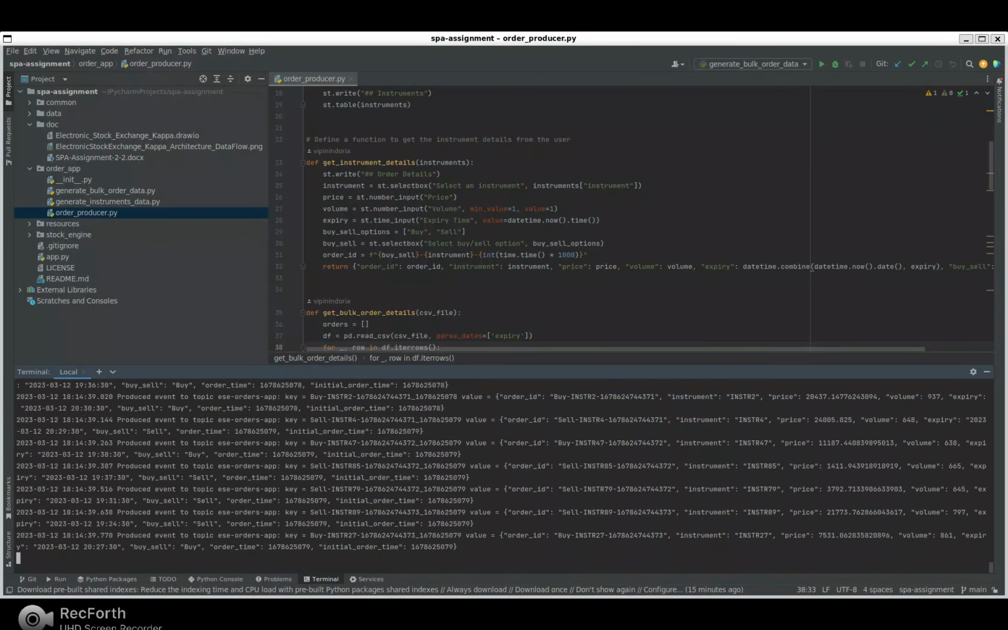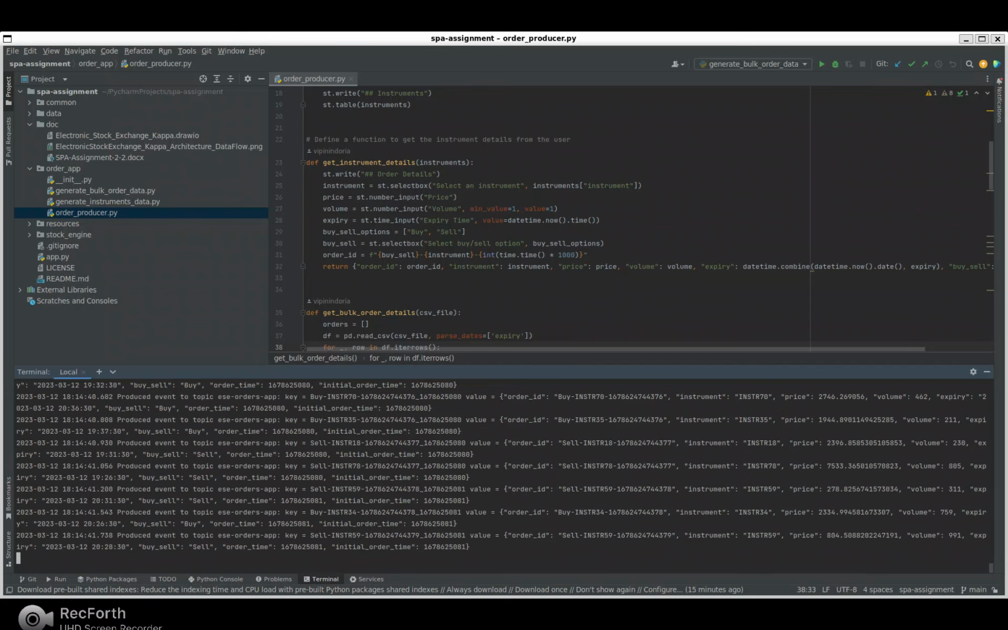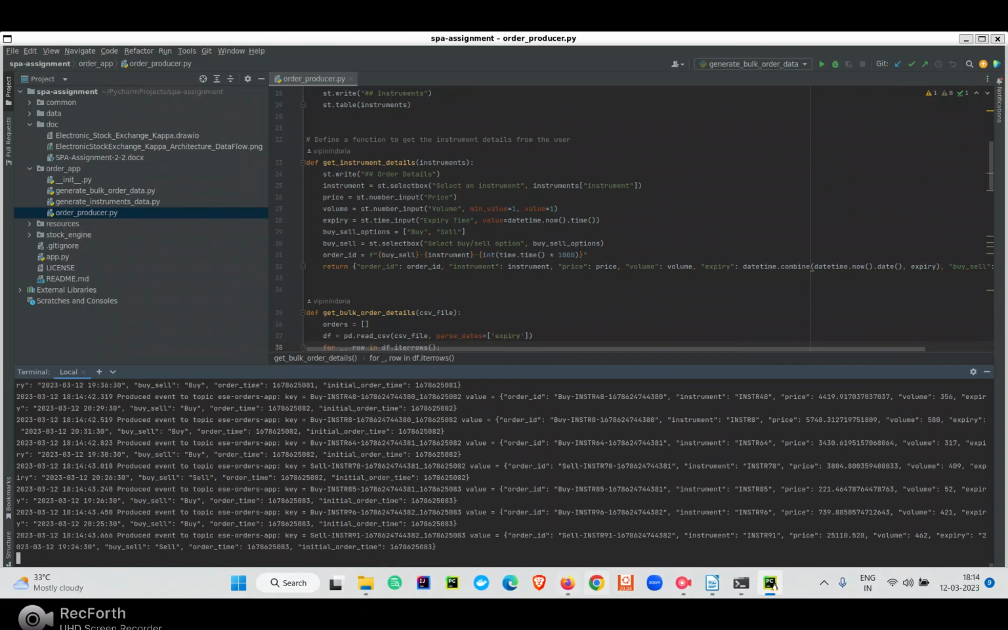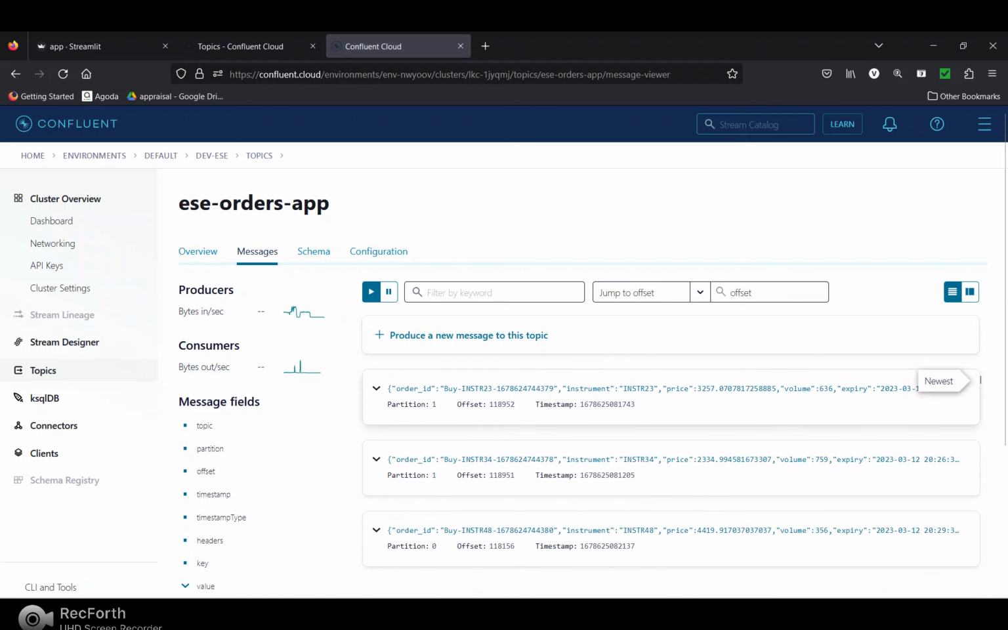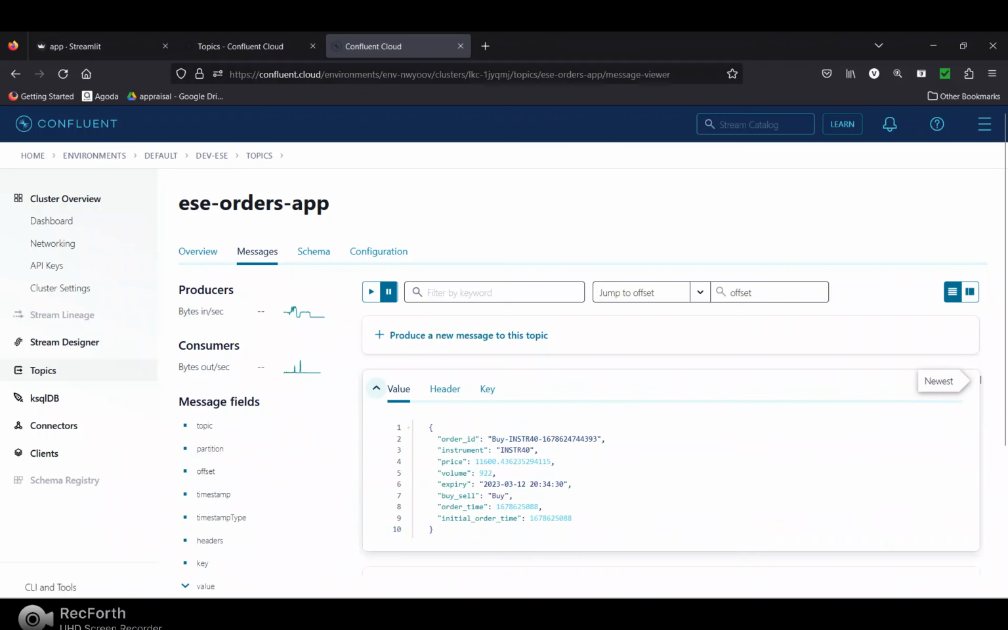And you can see the logs as well here, like it's produced the event to topic. This is the order ID and key we are using. So it's refreshing in real time. You can see,